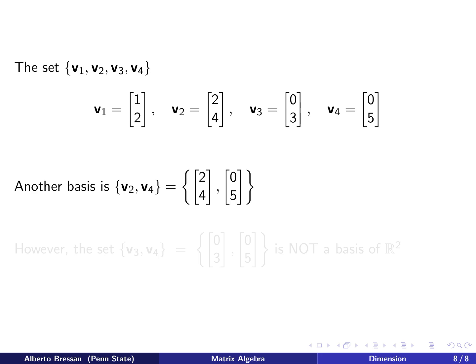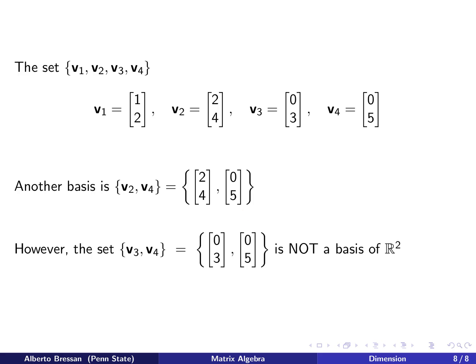And then we can also remove another pair. Say we can remove V1 and we can remove V3. Then we'll have V2 and V4, and we can also show that this is linearly independent as well. Therefore, it's another basis. However, we need to be careful which 2 vectors we remove. It's not like you can randomly remove 2 of these vectors and the remaining 2 will be a basis, and that is false. For example, if I remove V1 and